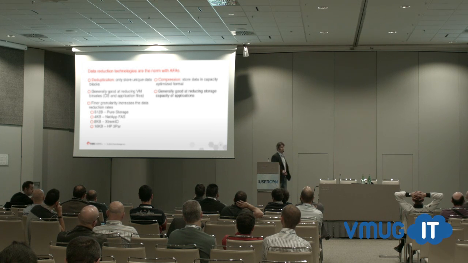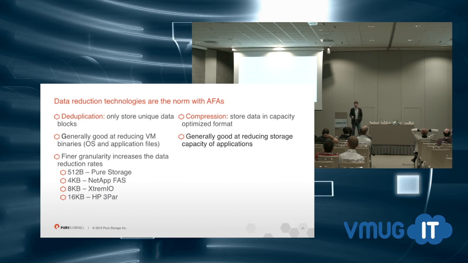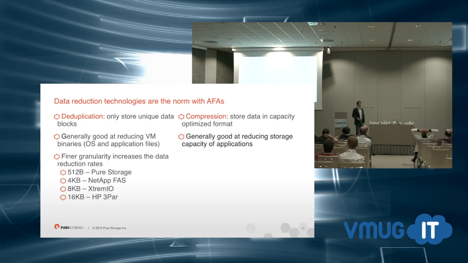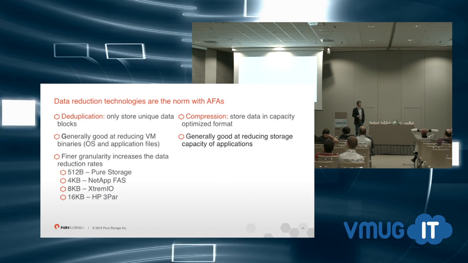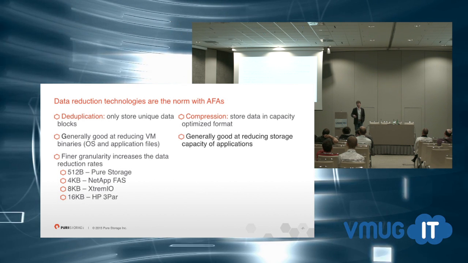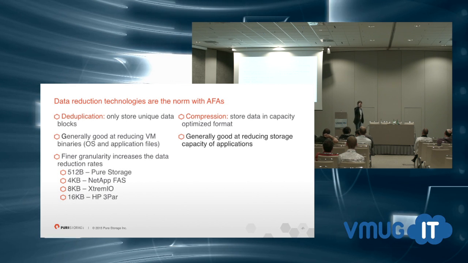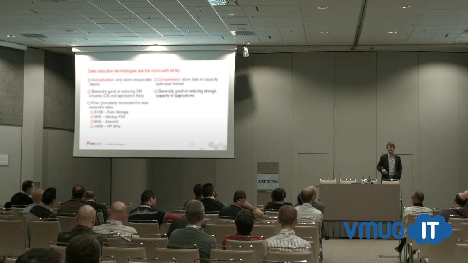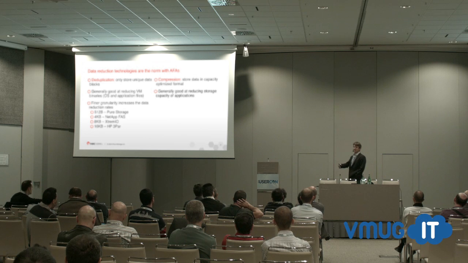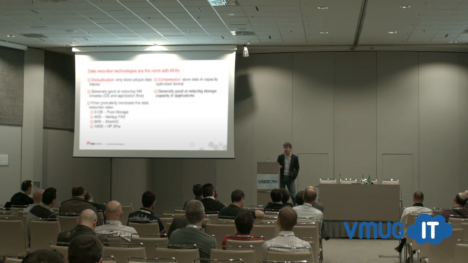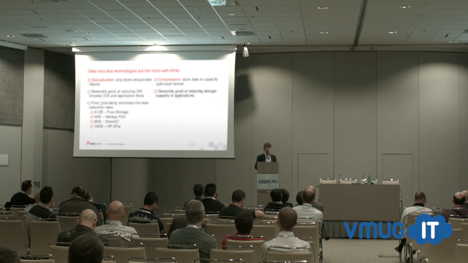Now, data reduction results reduce your price to acquire this technology. It's the key that makes it available for you to look at versus disk storage today. It also allows you to greatly extend your current data purchase cycles. If your data growth rate is going along with your current array and you're purchasing storage, say, on a 6-month or 12-month interval, if I can give you 2-to-1 data reduction, it means you're going to move that 6 and 12 months to 12 and 24 months. So it has a downstream effect in terms of your cost, not to mention reducing the rate at which you're filling up rack space in your data center.